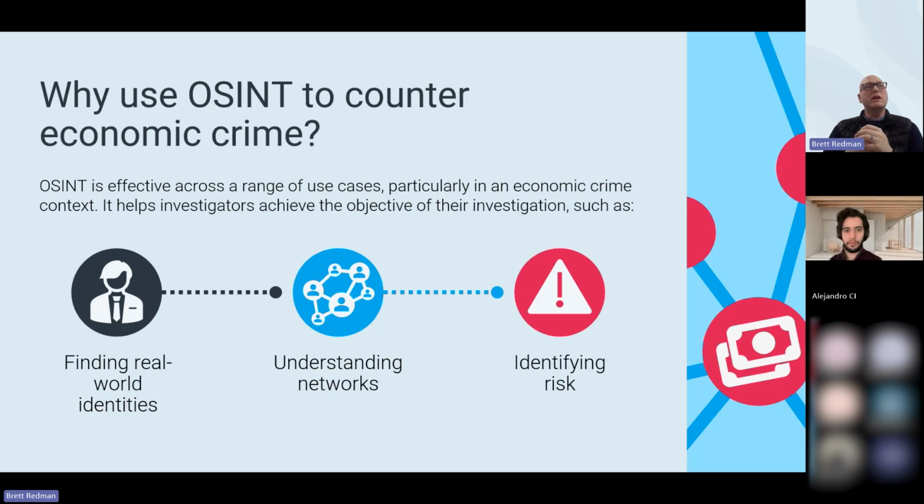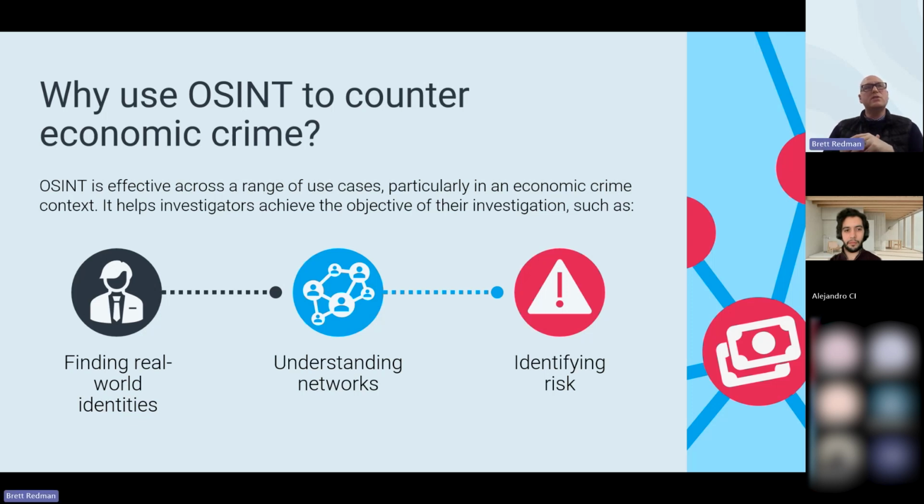Now, typically we find as an investigator, or through my past experience, I've seen usually that there's 3 elements again that we come across. Finding real world entities. Now, these are often hard to understand who's behind the company, particular username, website, or various other public or digital footprints that these individuals may have left. Often, this can be quite difficult, as I've touched on previously, when we're reliant solely on closed information or accessible information that's only available to closed sources.